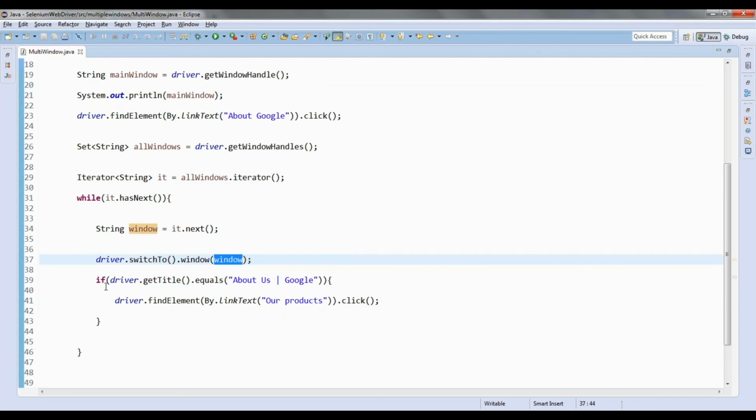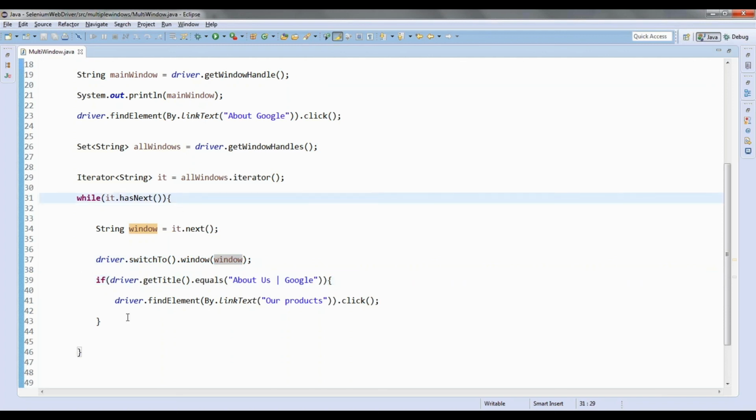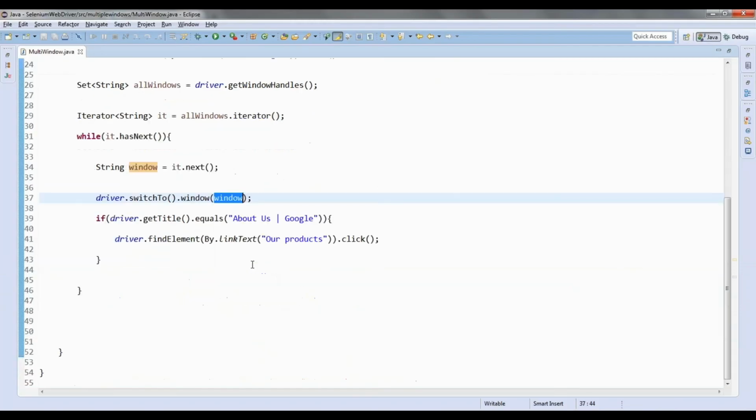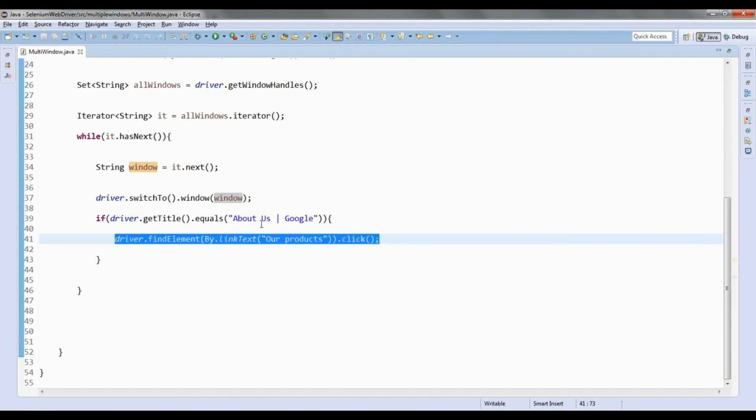In the next iteration it will take the title, and Gmail is not equal to about us Google. Then the iteration will continue, and in my next iteration, it.next will move to the next window ID, and it is switching its control to the about us window. After switching the control to the about us window, I can very well work on that window, meaning I'm going to click on our products.